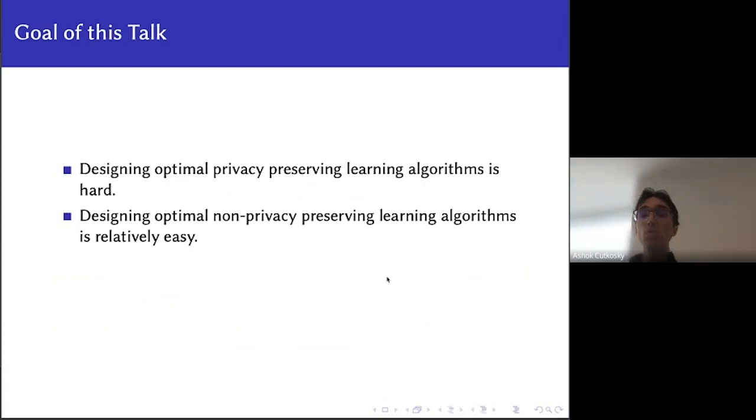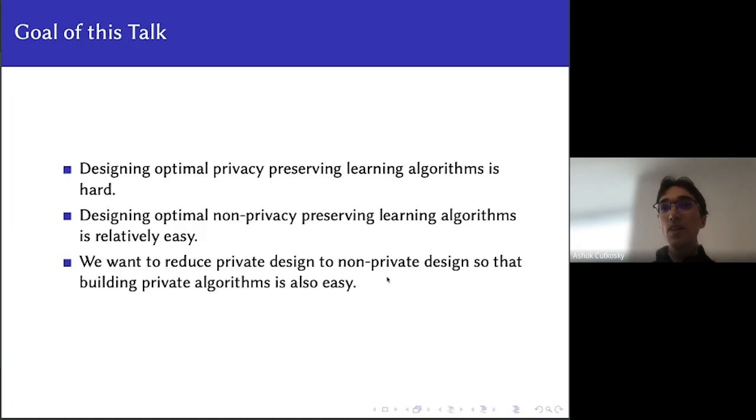There's a lot of tools that we have at our disposal now that make it relatively straightforward, I would say, to put together an algorithm that is getting an optimal convergence guarantee, but doesn't preserve privacy. Maybe you could write down a full proof of such a thing in maybe 10 lines of algebra if you wanted to. So we want to bridge this gap.